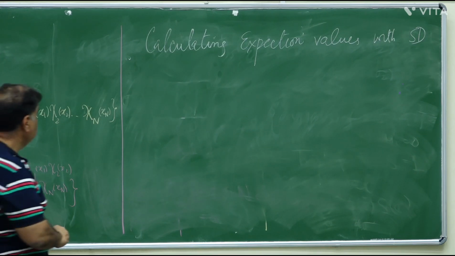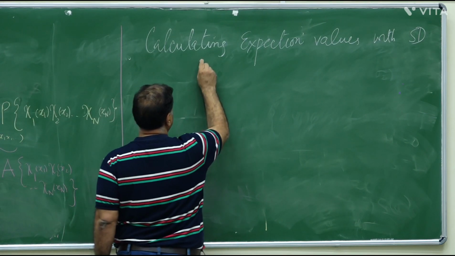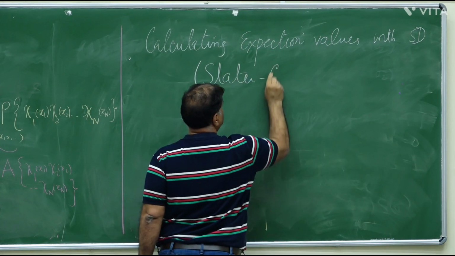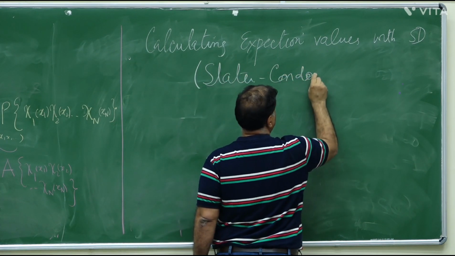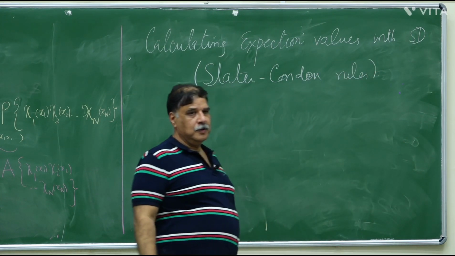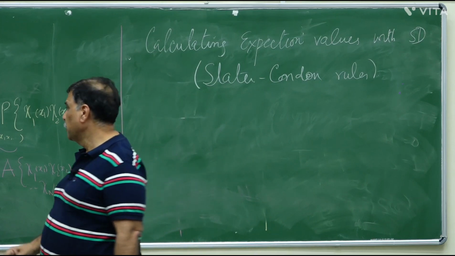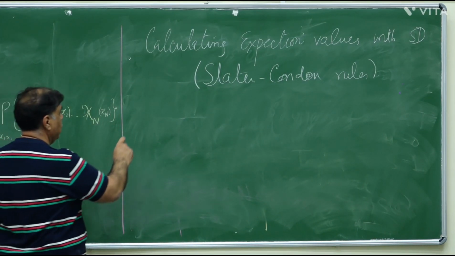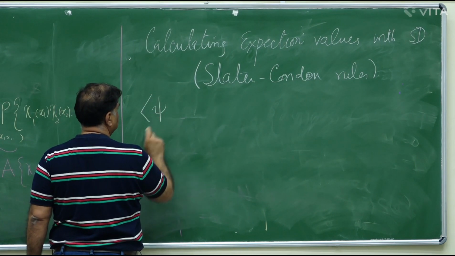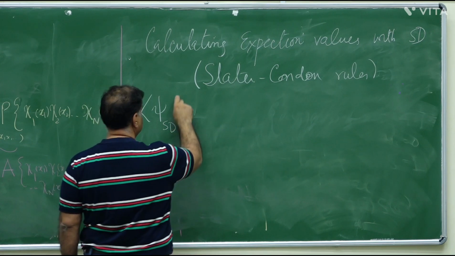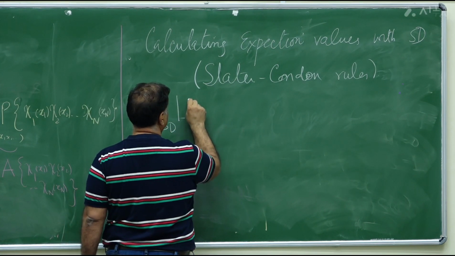Okay, and these are basically known as Slater groups. Okay, this is in general, but I'm just going to talk about a single Slater determinant. We are not replacing anything. So, if I have this psi SD, some operator